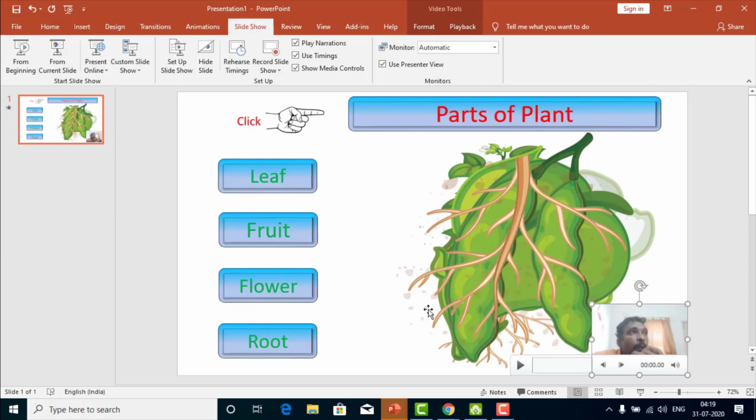Keep in mind only one main thing. Your MS Office version should be MS Office 2019. In previous versions of 2019, that is MS Office 2007, 10, 13 and 16, you have no feature to add your video, but you can record your audio in slideshow mode. That's all. Thank you.